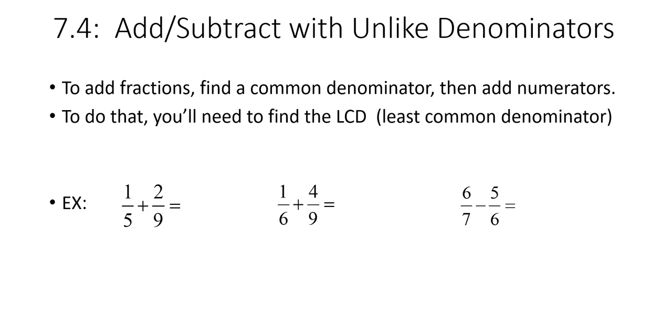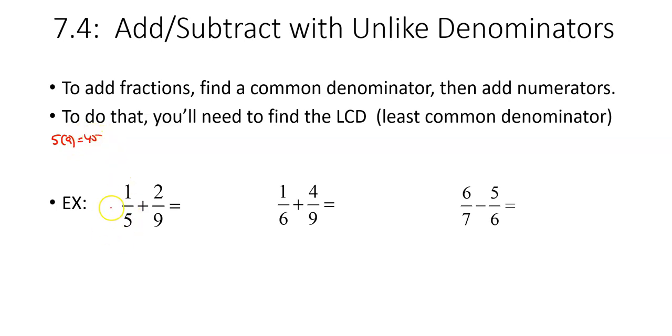What'd you do when you had a 1/5 and a 2/9? You had to find a common denominator between 5 and 9. So you started looking for factors that they had in common. In this case, they really don't have anything in common, right? A 1 and a 5, a 1, 3, and a 9, no common factors. So between a 5 and a 9, I'm just going to multiply them together and get a common denominator of